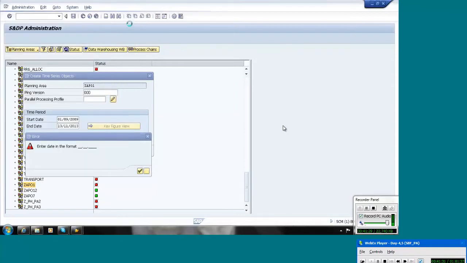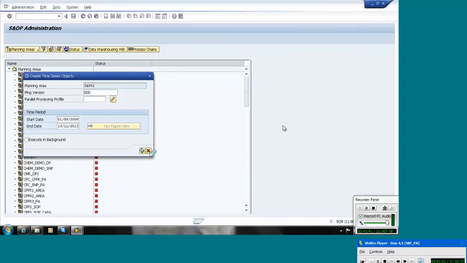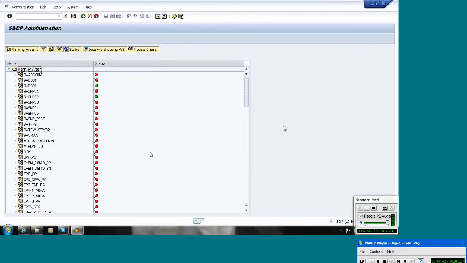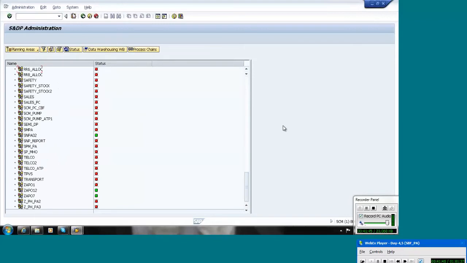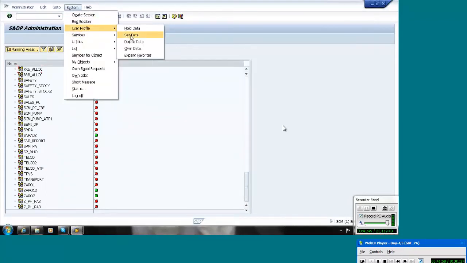Because we have to use month years. We can go to and we can see our own data, our user profile data.